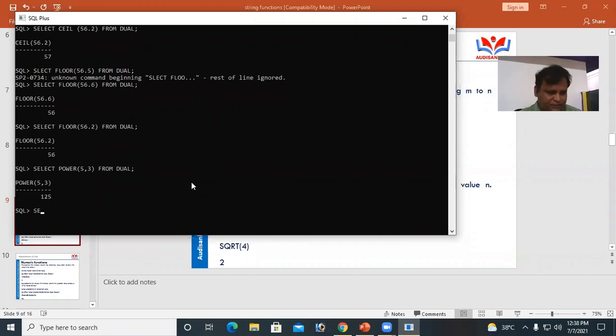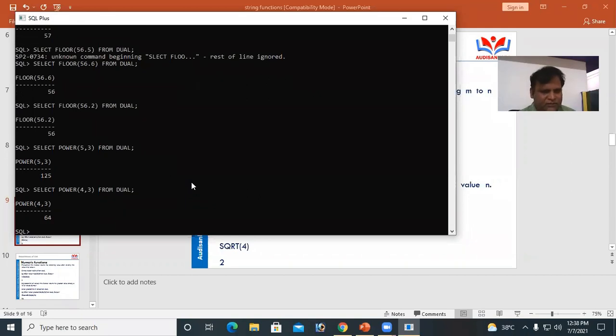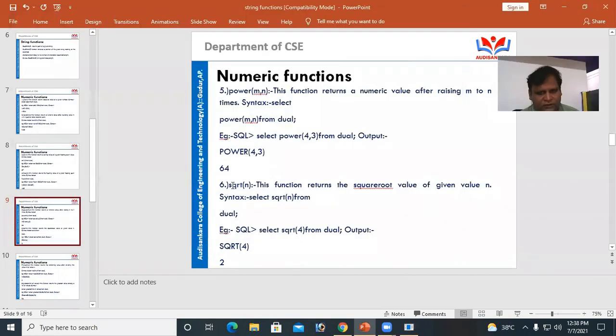Okay, select power of 4 comma 3 from GL. This is 4 to the power of 3. 64. 4 to the power of 3 is 64. We also have one more function, square root, SQRT.